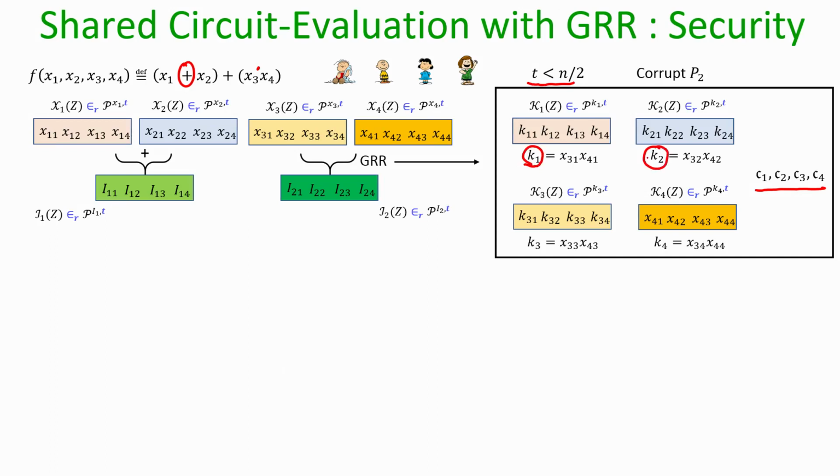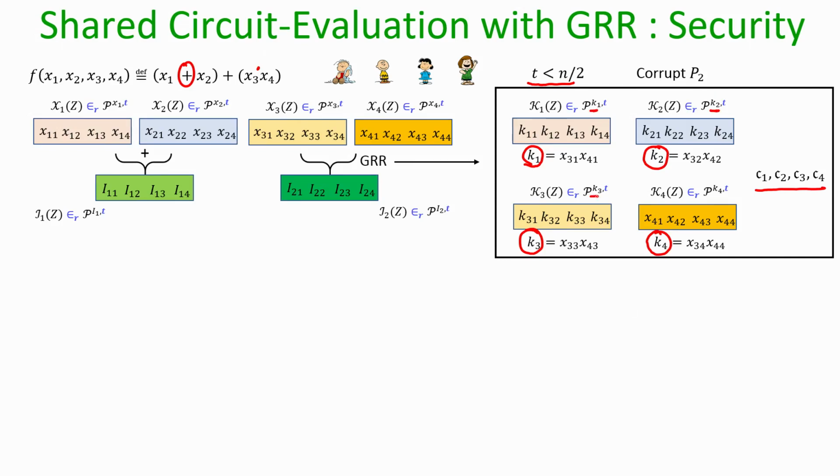So, k 1, k 2, k 3, k 4 together will lie on a polynomial of degree 2t, okay, and that will be a non-random polynomial. So, we have to now convert this vector of shares k 1, k 2, k 3, k 4 into the vector of shares I 2 1, I 2 2, I 2 3, I 2 4 lying on a random t degree polynomial with constant term being still I 2, and for that what the parties do is the following. The first party will act as a dealer and secret share the value k 1 through a random t degree polynomial. Party P 2 will act as a dealer and secret share the share k 2 through a random t degree polynomial.